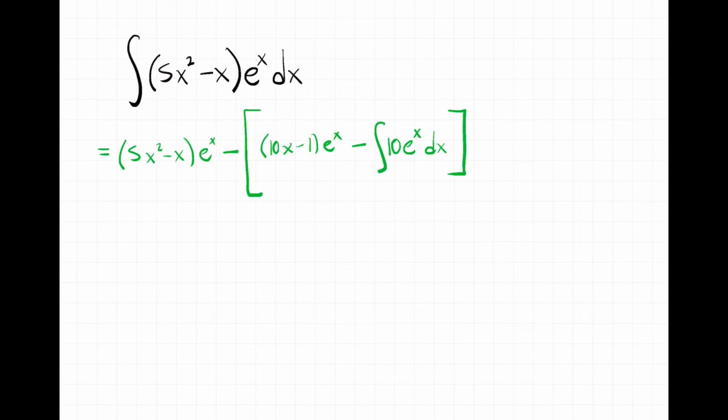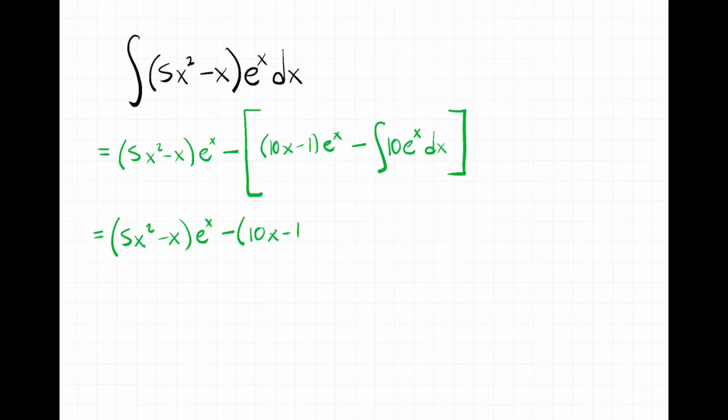And now we're ready to solve this. So let's get rid of those brackets on this round as well. We still have the 5x squared minus x times e to the x. Don't forget to write that. If you stop writing that part down, you might forget to include it in your answer, and you have a wrong answer. Minus